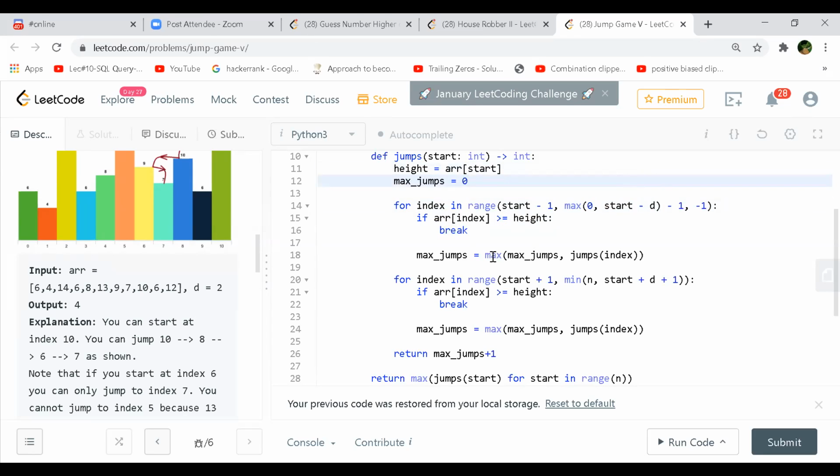Right. Otherwise, max of the current, I mean, go for the next. It's a kind of go for the next call, right? So on line 18, even if you just ignore the break condition for now, you are calculating all the max jumps when you are moving in, I think, the right direction, right? Yeah, it's for the right one. So when you're moving in the right direction, you keep on calculating the max jumps as if you don't bother about the height.